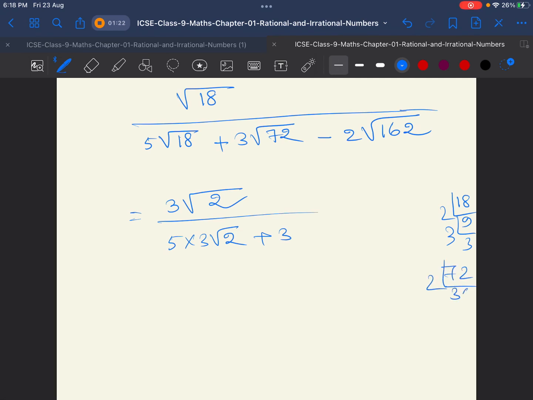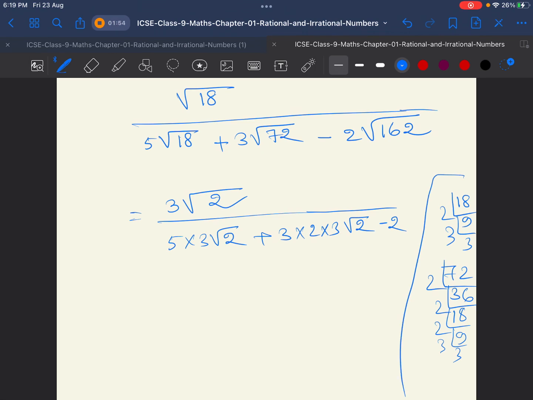72, 2 3s are 6, 2 6s are 12, 2 1s are 2, 2 8s are 16, 2 9s are 18, 3 3s are 9. So from this pair we will have 2 and in this pair we will have 3. So we can write 2 into 3 and also square root of 2. Now minus 2